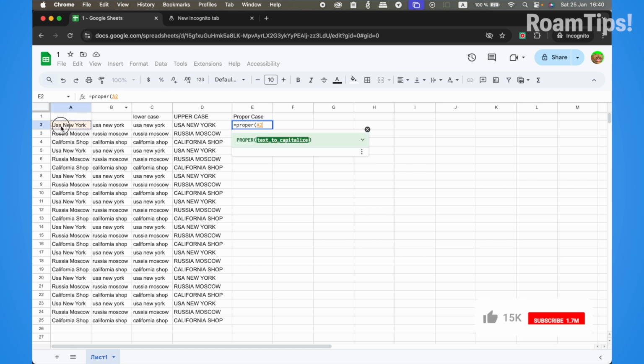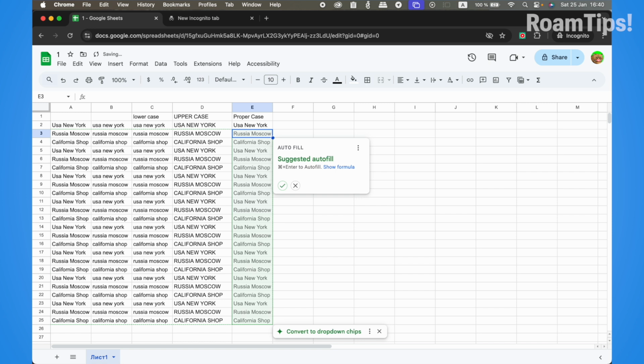and click on the cell, close, press enter and click on accept or cancel, autofill and click on accept, okay, nice. Okay, how to work with mixed case,